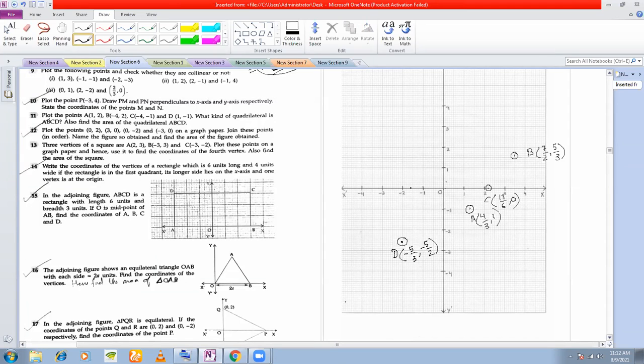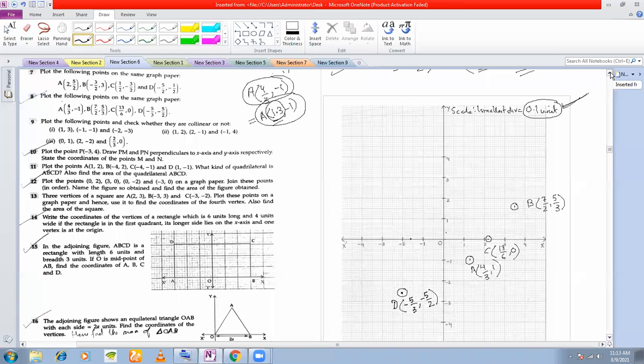Clear? Yes, sir. So this is the way you plot these 4 points. Even if the points are fractions, no problem. You can still plot the points. You just write them in decimal and you can plot. And definitely, what you have to remember is you have to take the right scale. See what scale I have taken here. Very broad scale I have taken, right? 10 divisions I have taken as 1 unit. Because I have taken 10 divisions, I was able to plot these points very accurately.